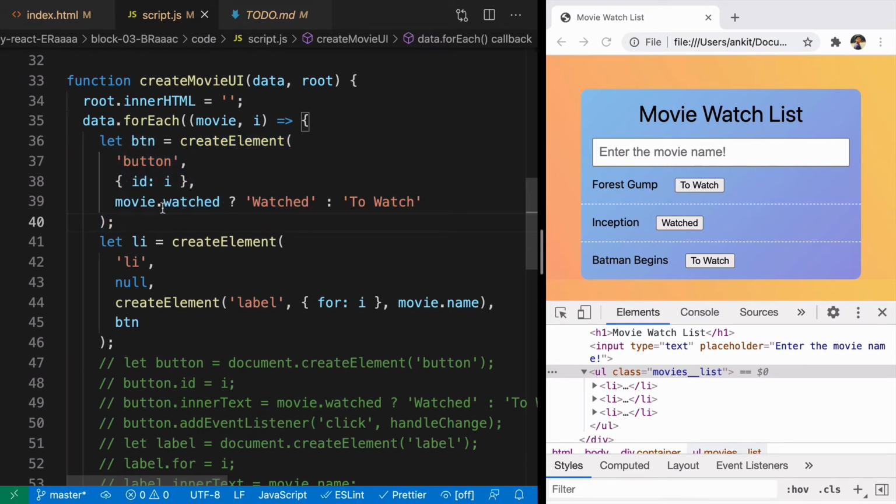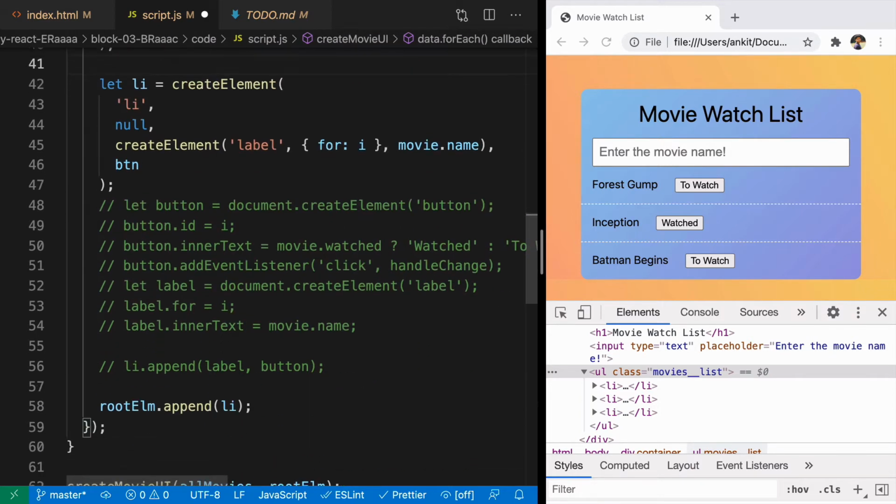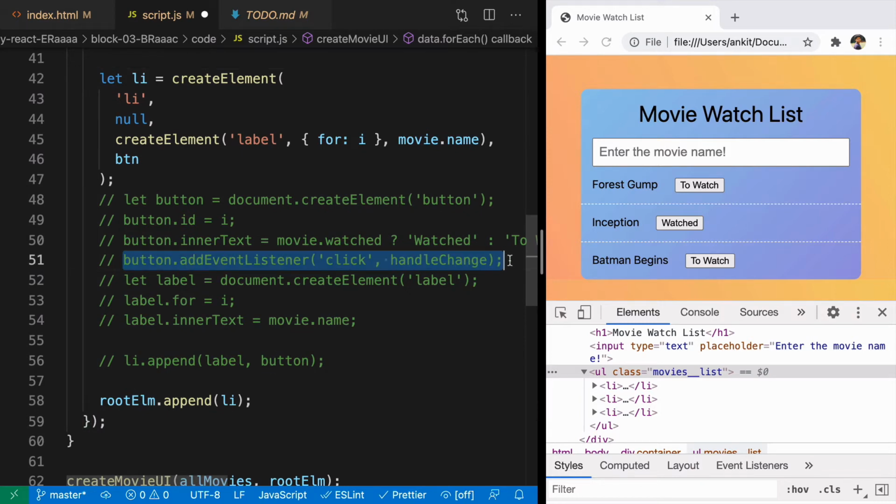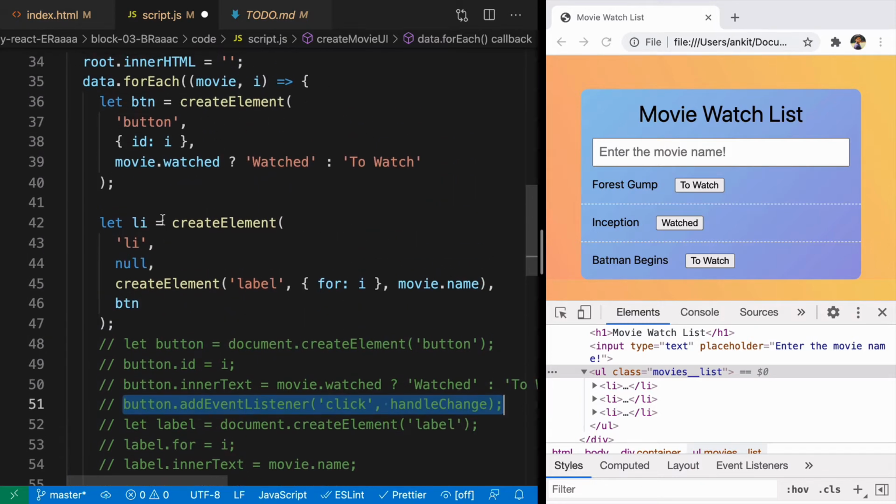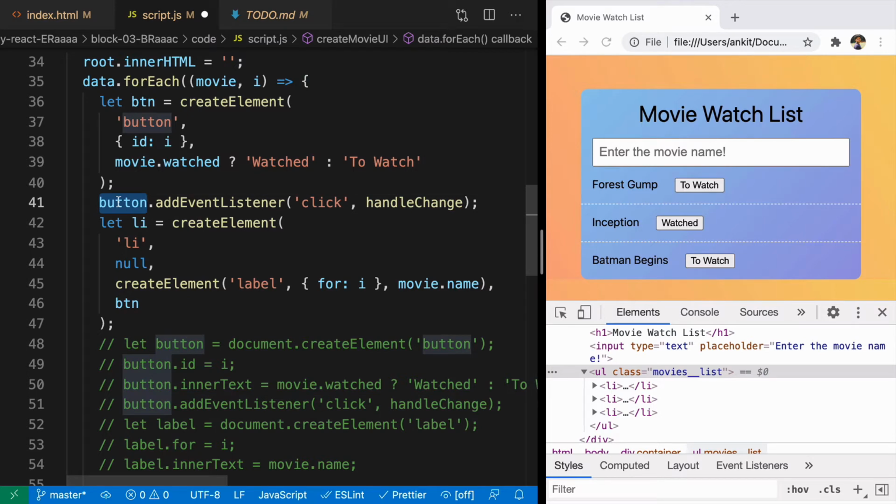Because we have the button element here, we can do the same thing that we were doing earlier by adding an event listener. So I'll copy this code from here, paste it, and replace button with btn. So what I did is, because there was an element that needed an event listener and our createElement function doesn't support it, we created it outside, added the event listener, and passed it here.